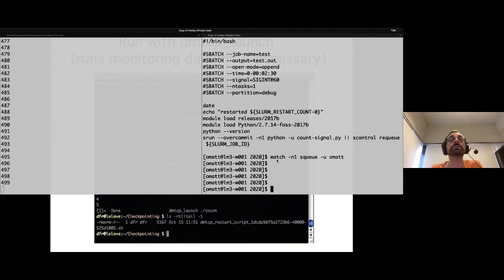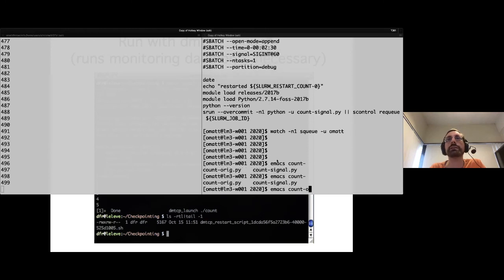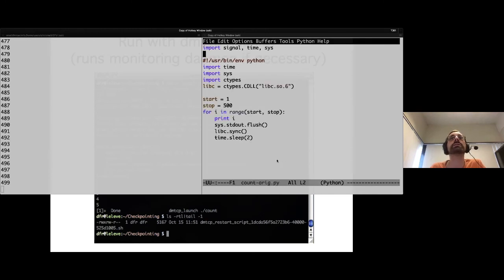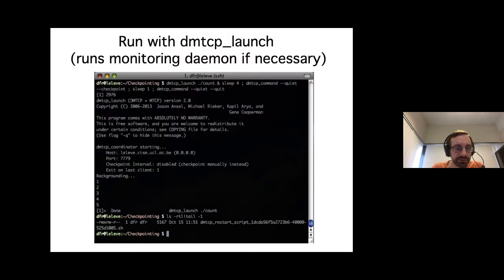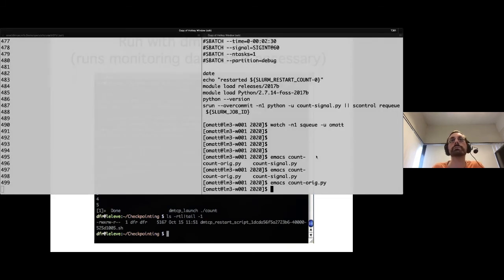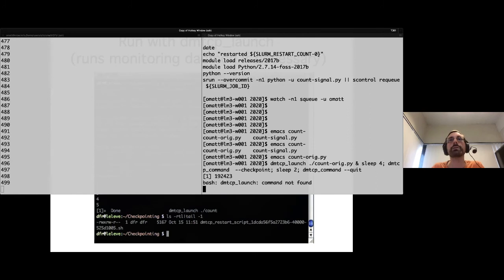So what I wanted to do now is use DMTCP, and I'm going to use it on what I call the code orig program, which is exactly the same program I showed you before in Python. Instead of my slide, it was in C. So if I type what is on the slides, typing this, you will see dmtcp_launch command not found.